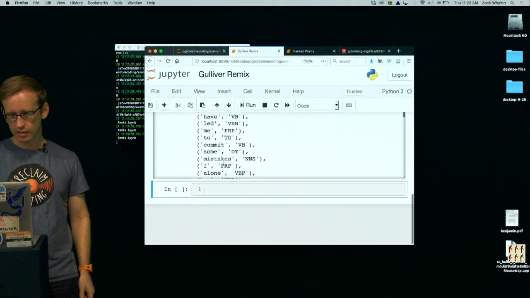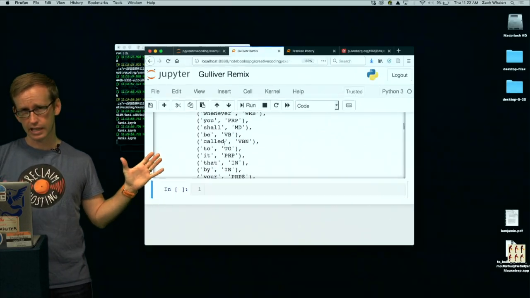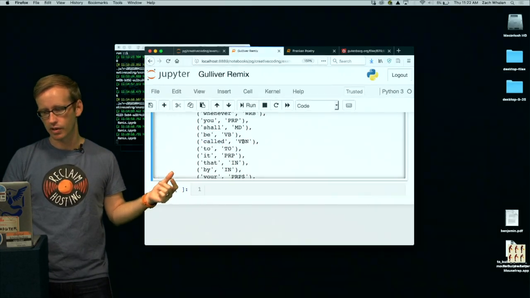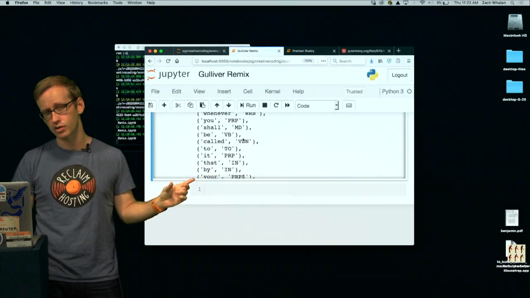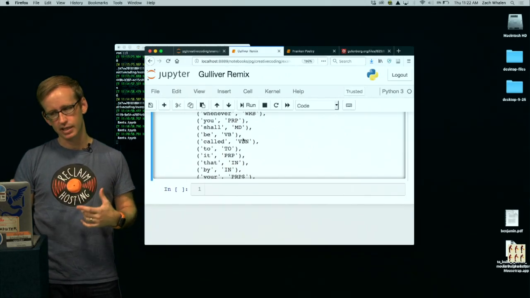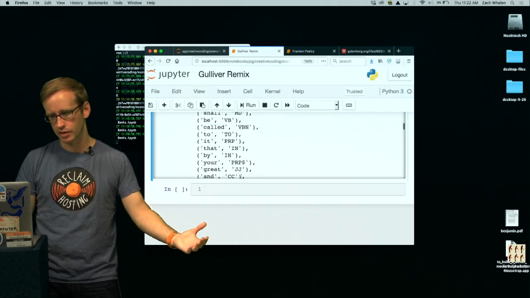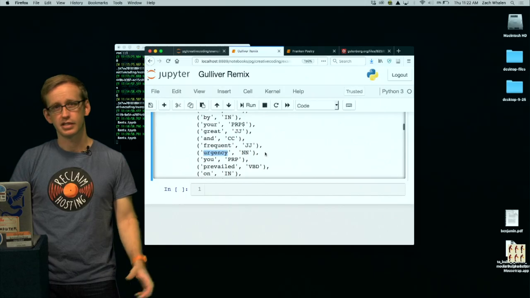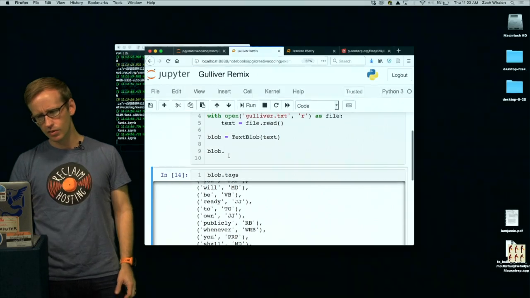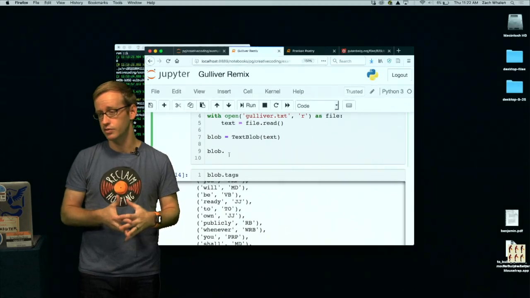So here's what it did. It prints out every word as a tuple. A tuple is a data structure that has parts to it. In this case, the first part is the word, and the second part is the part of speech tag that's associated with that word. Parts of speech are always context dependent, so this is TextBlob's best guess for what kind of thing this is. So, "called", it thinks is a verb. "Urgency", it thinks is a noun. And that's correct in both of those cases. So I think, given some basic parts of speech patterns, we can make some lines of poetry, and so I want to do that.